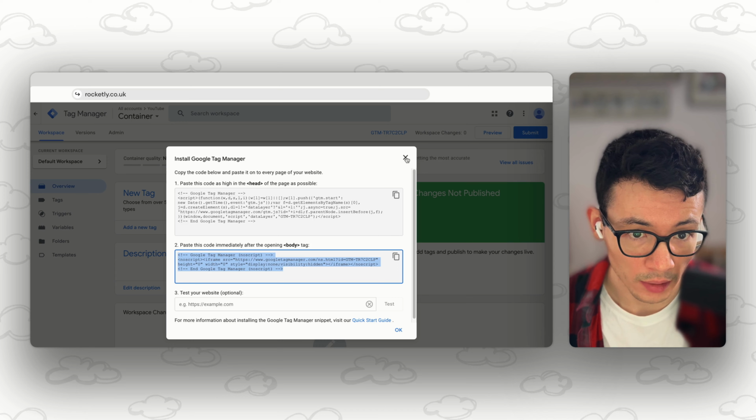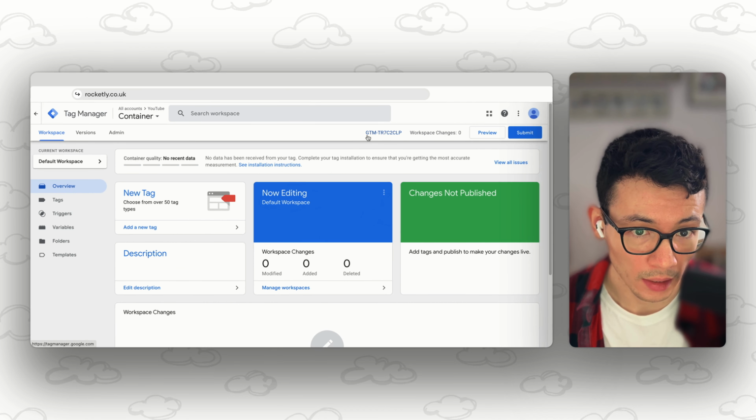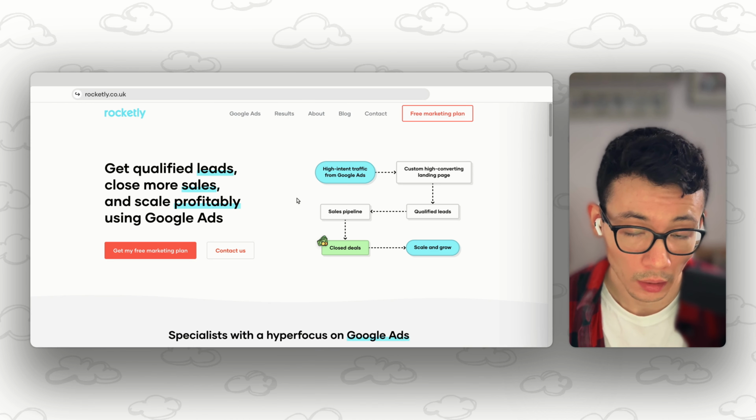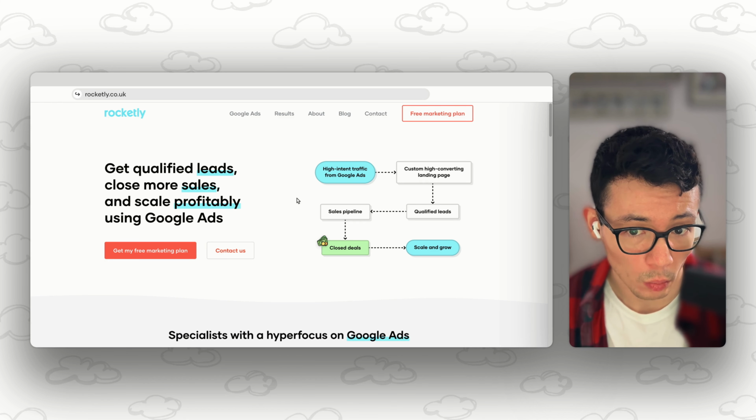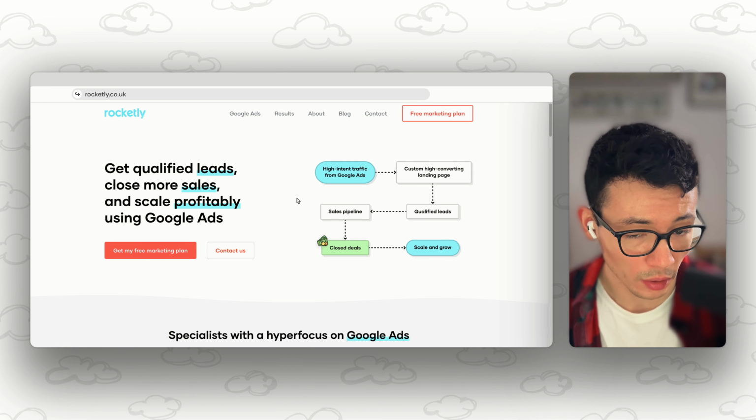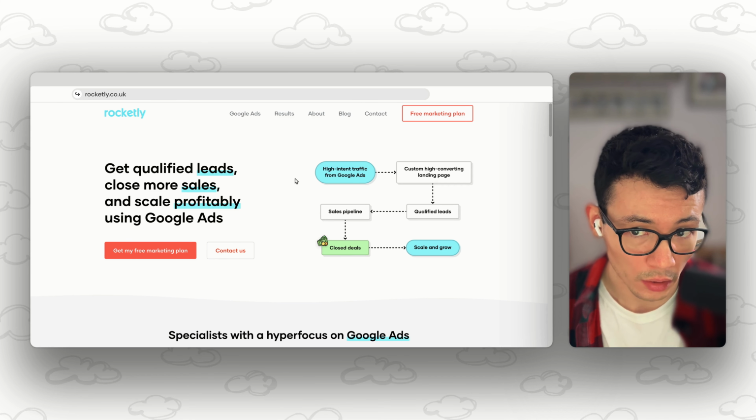Now, if I close down this drop down here, you'll see an ID here. GTM-TR7C2CLP. So your container will have a unique identifier, which you can find here. If you want to see if Google Tag Manager is properly deployed to your website, one way to do that is to go directly to your website and then look at the source codes of the HTML. So I'm on my homepage at the moment, and if I right click and then go to View Page Source,